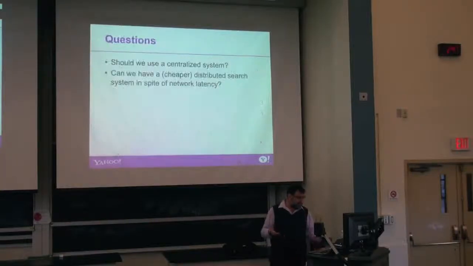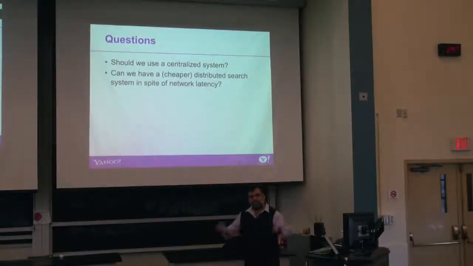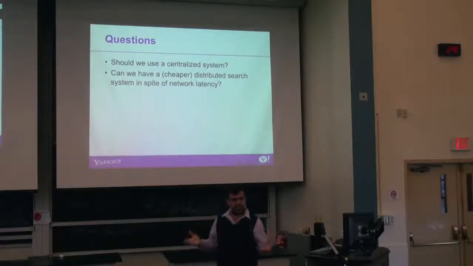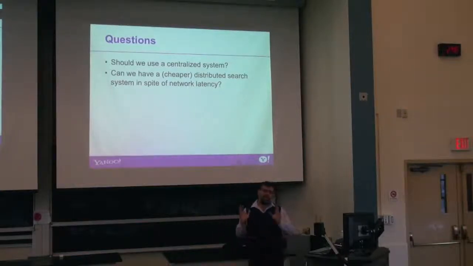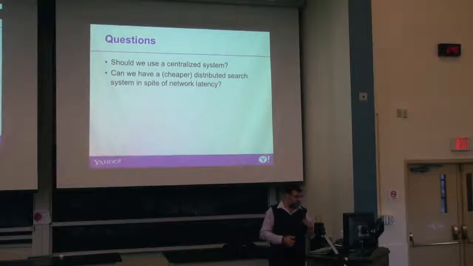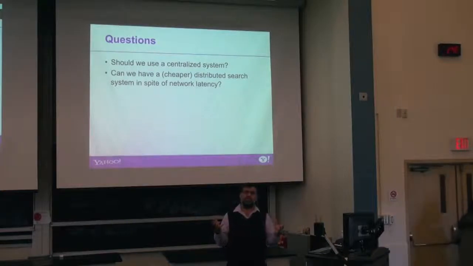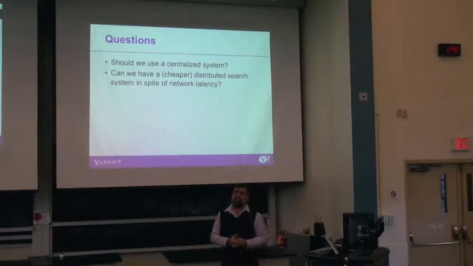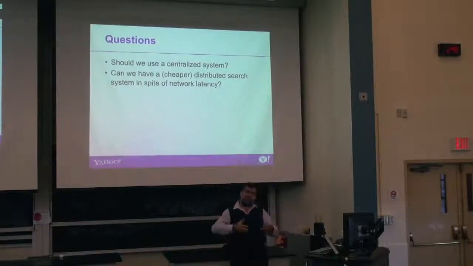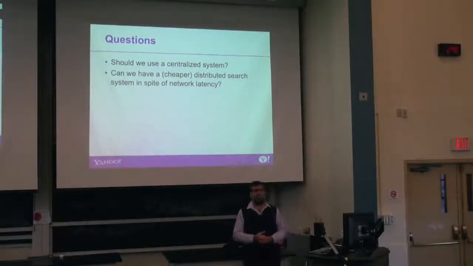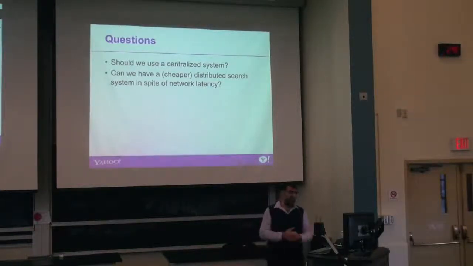So I say, well, why do we need to do this? Why don't we do a real distributed search, and maybe we can use less resources? We'll be closer to the websites, we'll be closer to the users, we may answer local queries locally, and so on. So the main problem of distributed search is the network latency. Internet. You cannot have dedicated links for this, it will be too expensive. You need to use internet. Maybe a very good connection, but still will be the normal service that you find today in internet providers. The best service, but still limited. So how do you deal with network latency? So that's the main problem of this architecture.